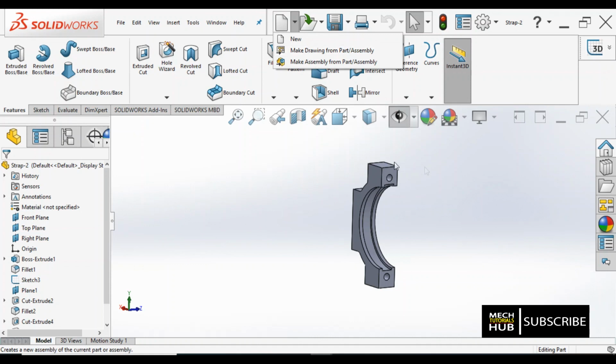So whatever the part or whatever the assembly, on this particular graphic window it can easily be drafted. Means directly you will go to the drafting window, where you can place the number of views required according to its dimensions. That is one more possibility. Okay, so I just enter this way.